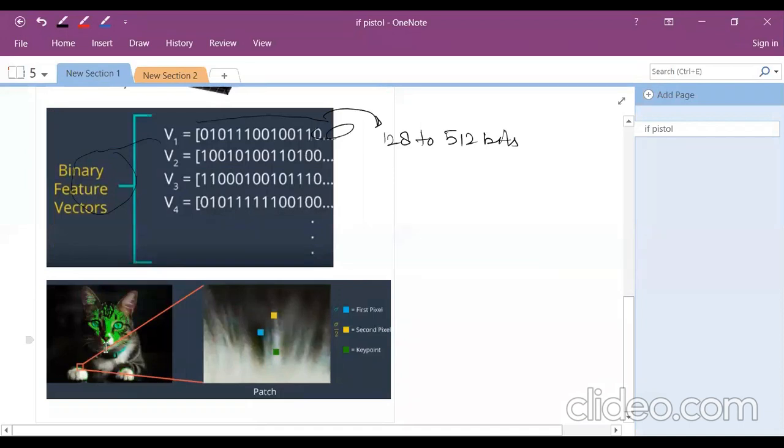So this is the cat image in which, sorry guys for the interruption. What I'm trying to say, for this diagram, this is the cat, and this is the thing I want to consider for my key point detection.